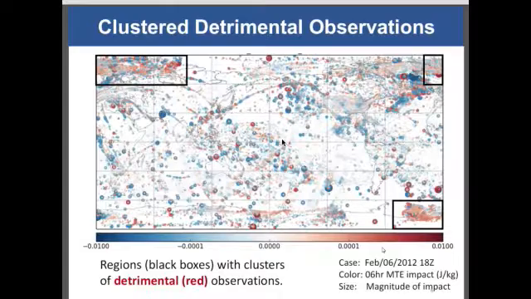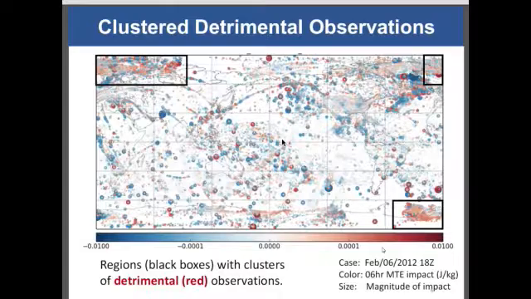So the color scheme here: red means positive, and it means detrimental observations, and blue means beneficial observations. You can see that the blue and red kind of mix around, and the average rate of the detrimental observations is about 50%, a little bit less than 50%. So if you average these